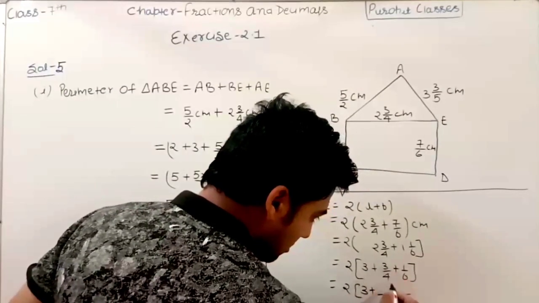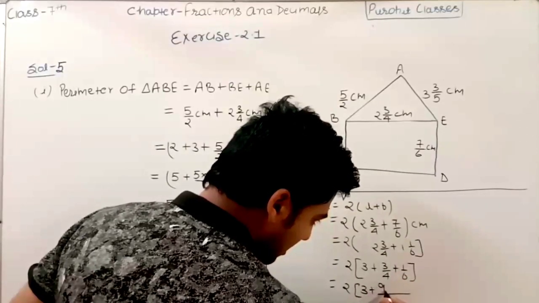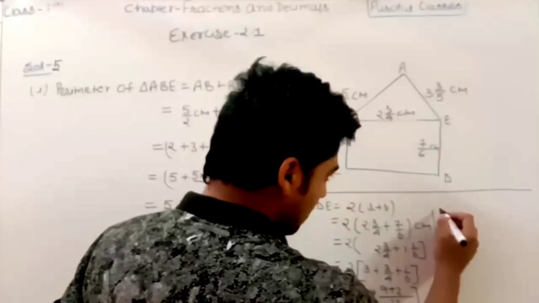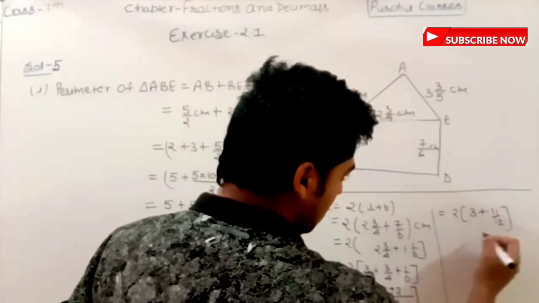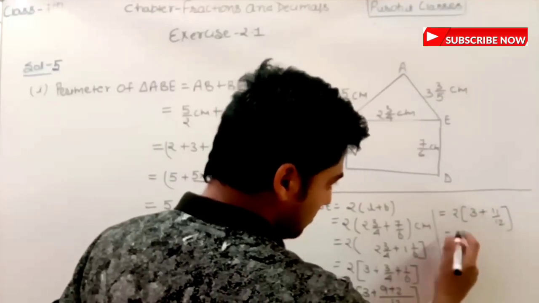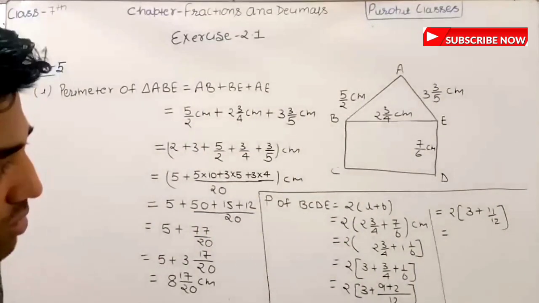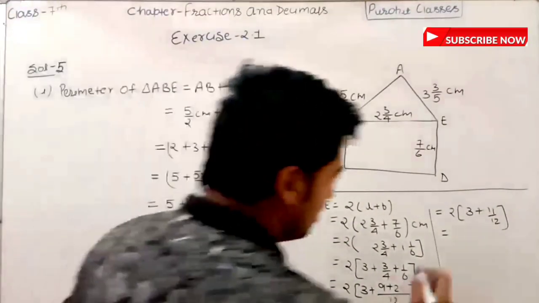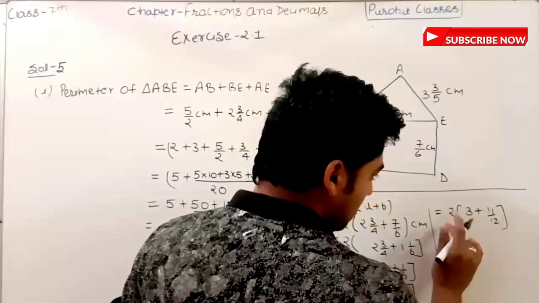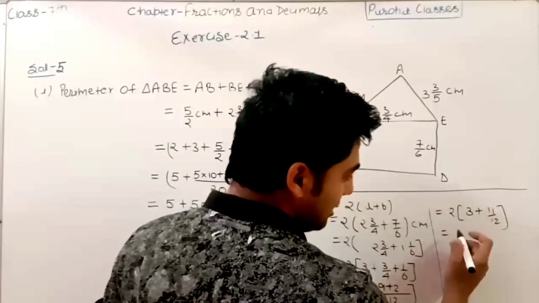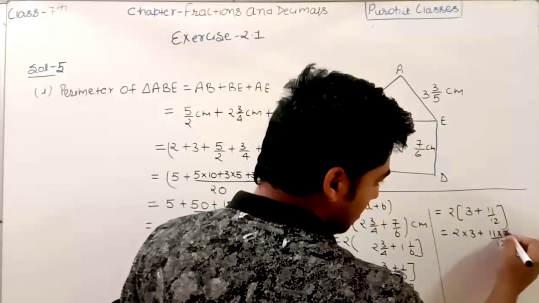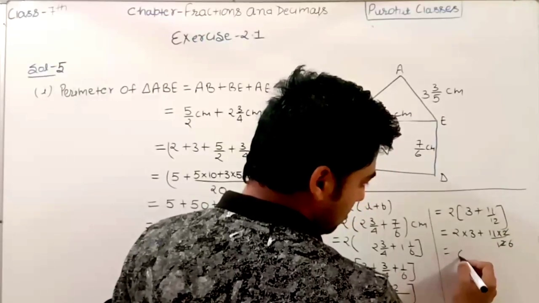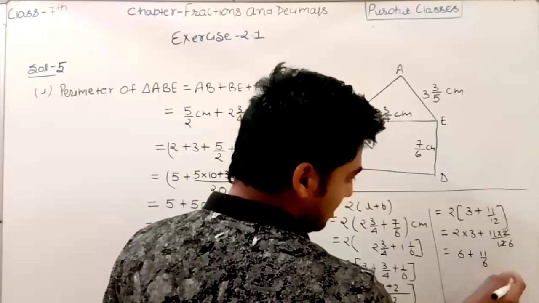This will be 3 times 4, 3 times 12, 3 times 9, plus this will be 2 times 11. So it will be twice of 3 plus 11 over 12. Simply we will multiply, or if you want to multiply you can multiply. This is distributivity of multiplication over addition. So this will be 2 multiplied by 3 plus 11 multiplied by 2 over 12. Simply you can cancel it out. This will be 6 plus 11 by 6, as it is improper.